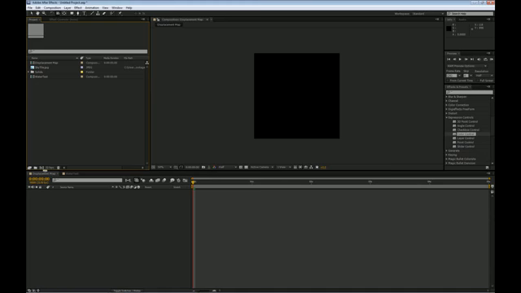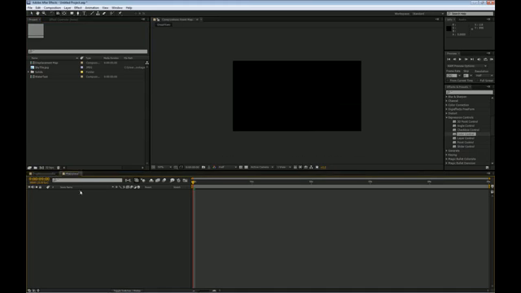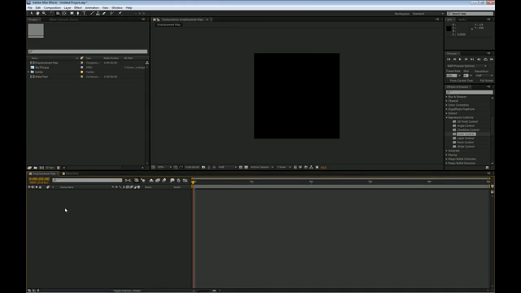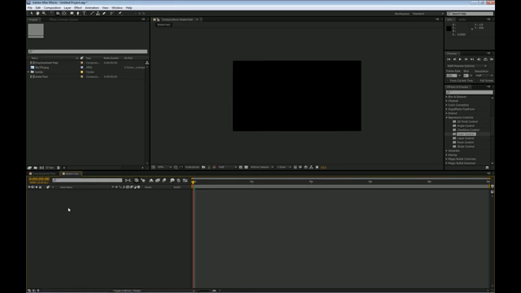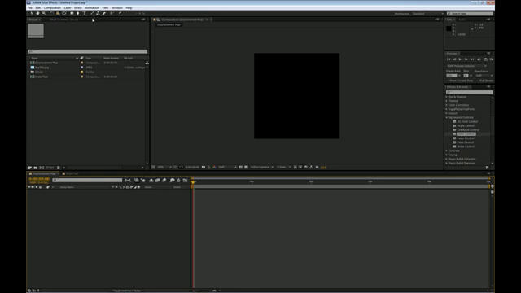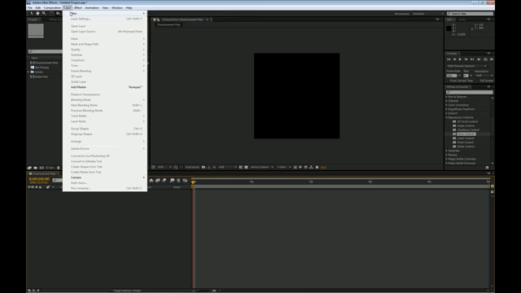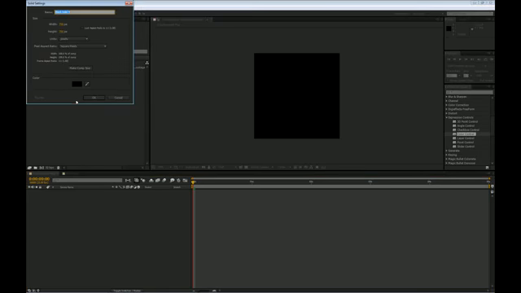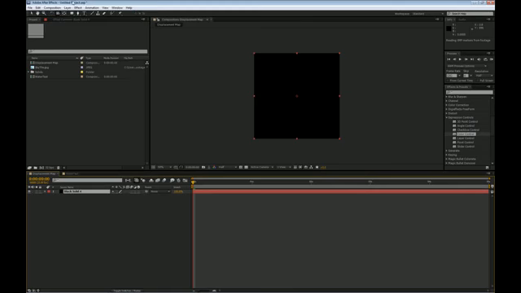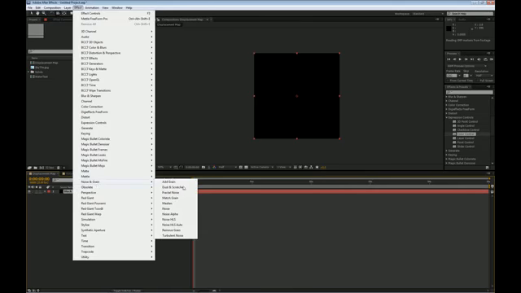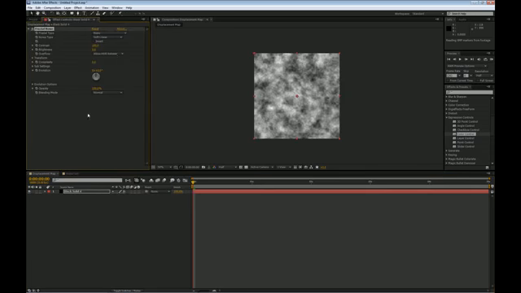I have two comps here. One a displacement map comp and my main comp, which is water test. The displacement map is 700 by 700. Water test is just a simple SD PAL widescreen square pixel aspect ratio 25 frames per second comp. The displacement map I'm going to use to obviously create the displacement map that will be used in Freeform Pro to create the water. I have to create a solid layer in here and apply noise and grain, fractal noise, and this is going to be the basic building block for my texture